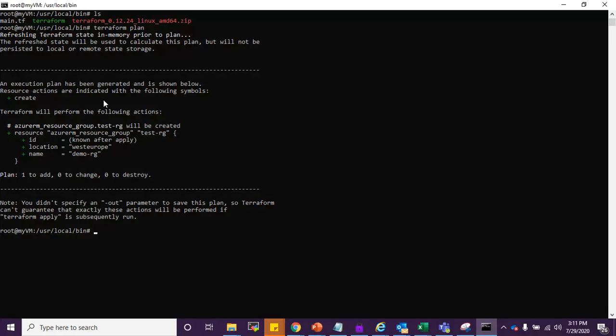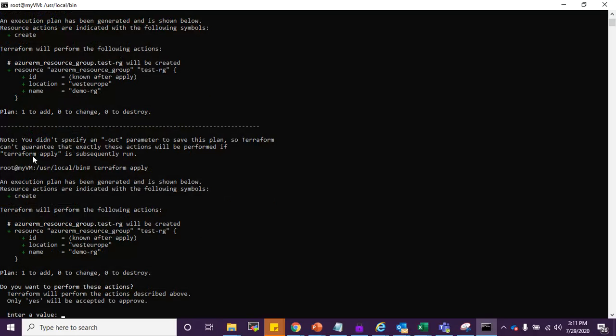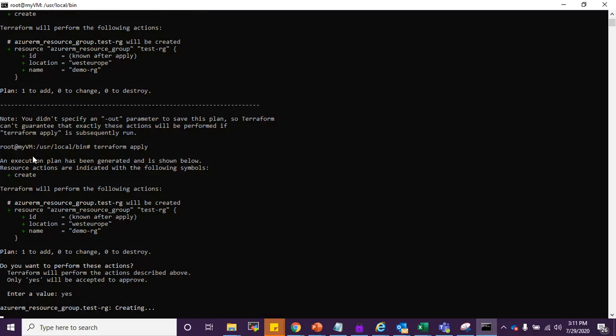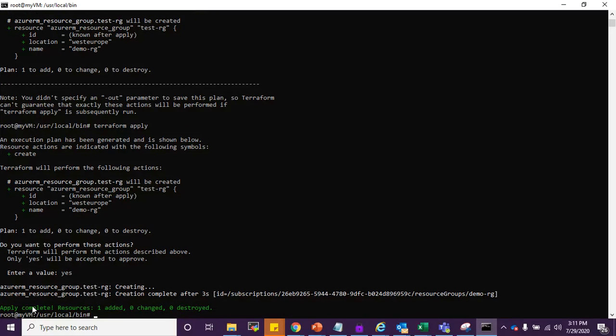So as you can see, based on the code inside the main.tf file, it's taking an action to create, and the resource which is going to be created is test.rg. The location and everything is given. Let's now do a terraform apply. I'll enter yes. So it's creating and it's created.